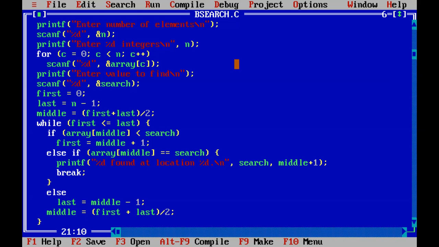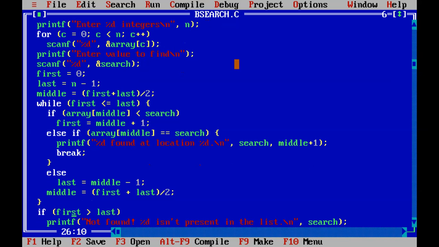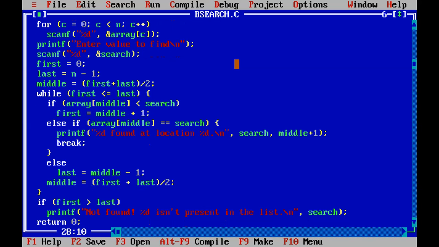So this will continue until first is less than or equal to last and the number is found. If the number is not found and first becomes greater than last, then it will print that the number is not found in the array.